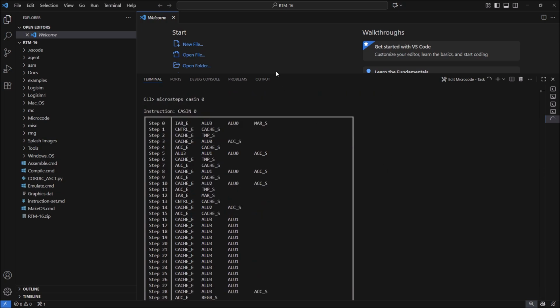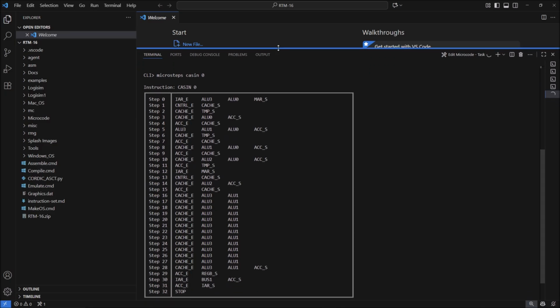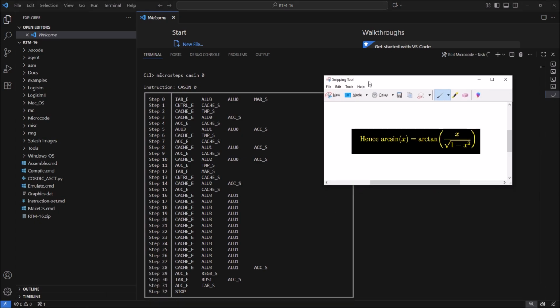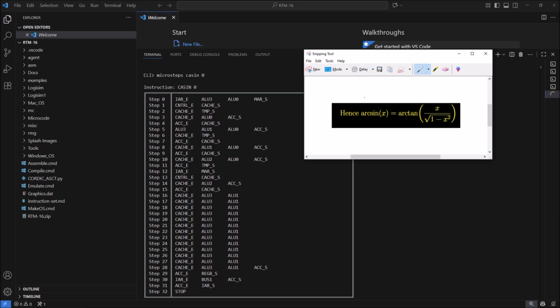So here are all of the micro instructions that are required in order for us to run through this full instruction. And you can see it's a good bit bigger than most of the rest of the ones we have looked at so far. So we can see we've got, including 0, 33 individual micro instructions. Now the reason that this is so large is because we're having to generate, in effect, this equation here, x